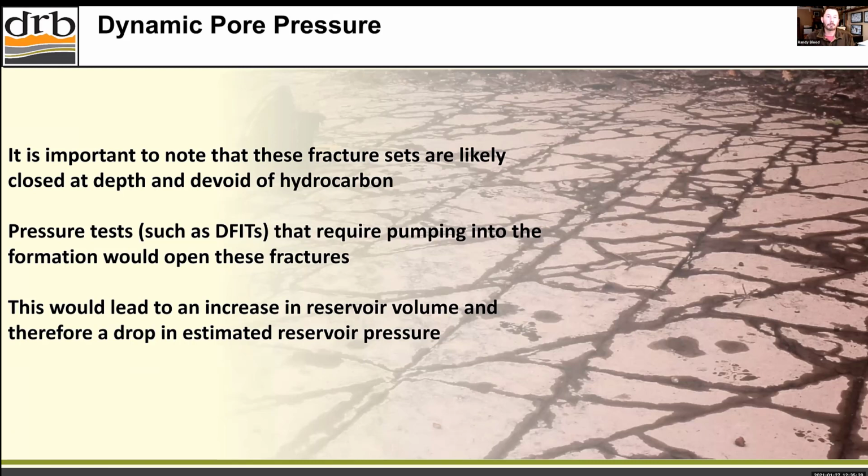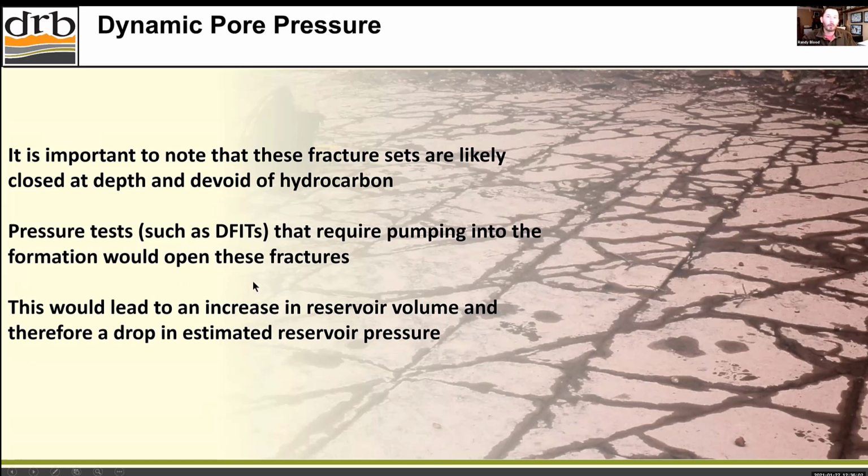Because of that, at depth, they're likely closed, which also means they're going to be very difficult to see on image logs. That's why you mostly see the calcite filled fractures on image logs, and they're vertical. Unless you have imaging in a horizontal well, which we've done, they're difficult to see, but you can see them. They're likely going to be closed at depth, so they don't have gas in them. They're not necessarily a source of gas in place, but they're a source of communication, and they're evidence of